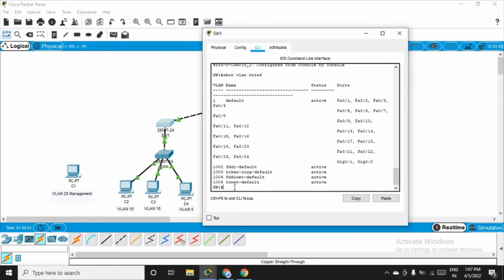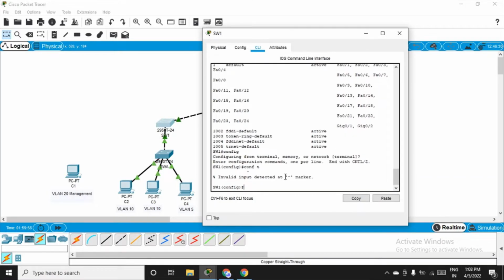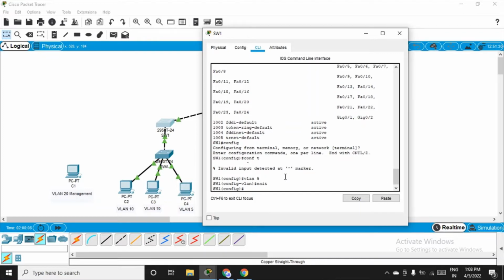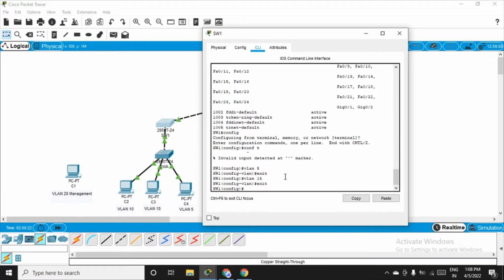So have a look. Get yourself into config mode, conf t, and write the command. It's a very simple command. Write VLAN 5. Okay, so you are now in configuration VLAN mode. Exit again. We have just instantiated a virtual LAN named 5. One more time, VLAN 15, and then again exit, and then VLAN 10,